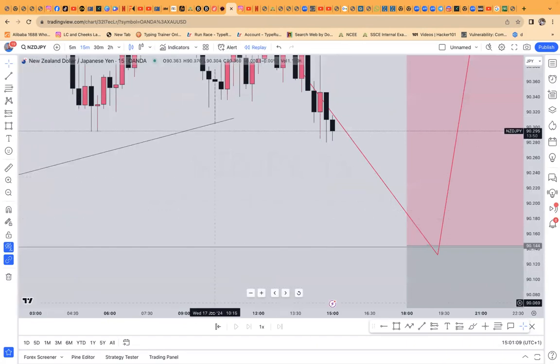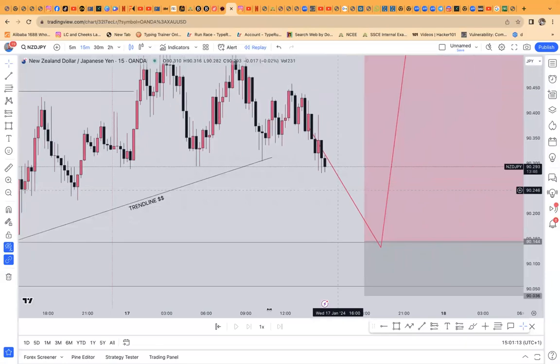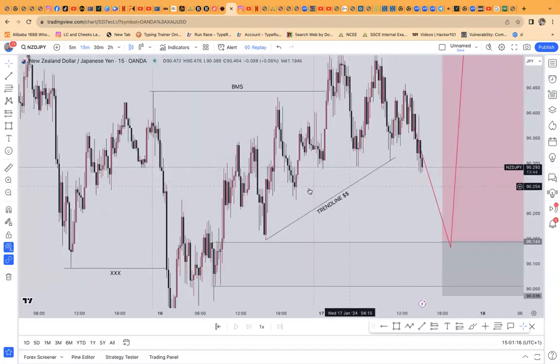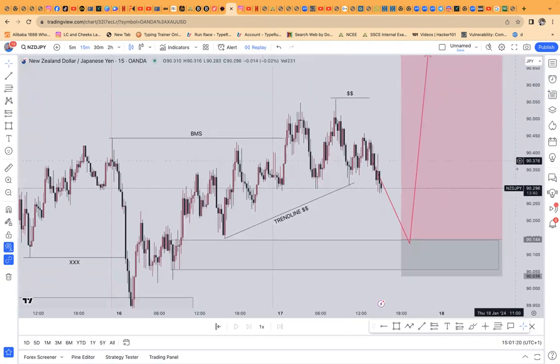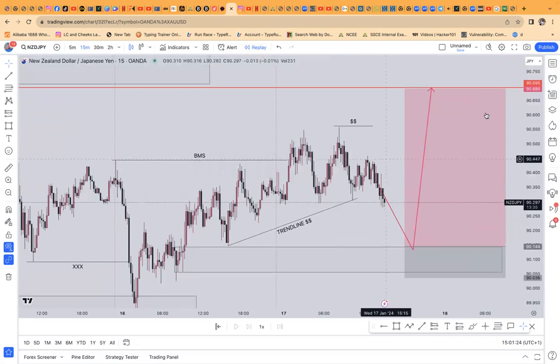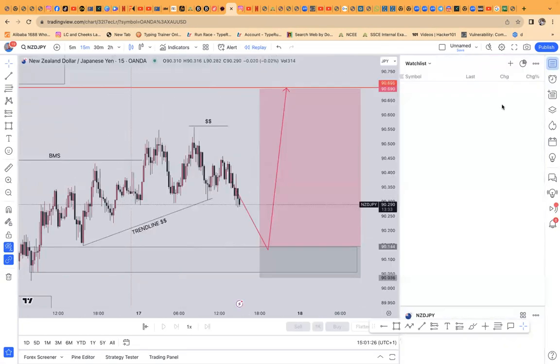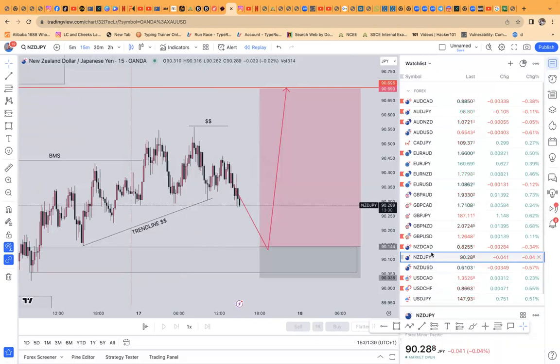This is it. I sent it to the VIP group already, because I believe that the free group has been enjoying a lot. So these are something also we get to see. Any good entry like this, just send. After looking at all these trades, I could only pick one entry, and that entry was on NZDJPY.